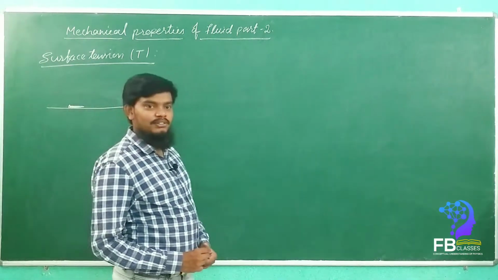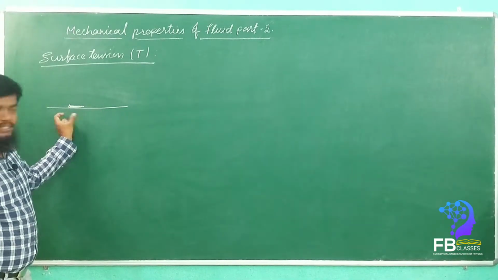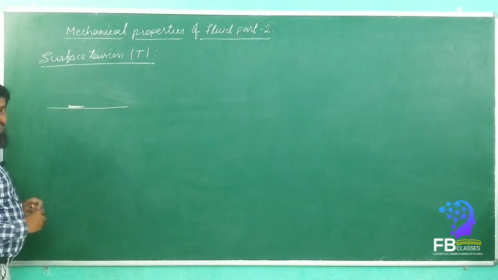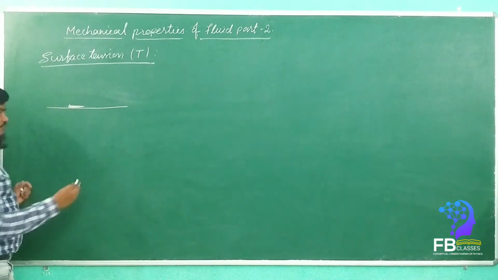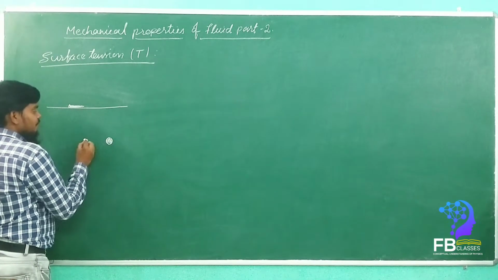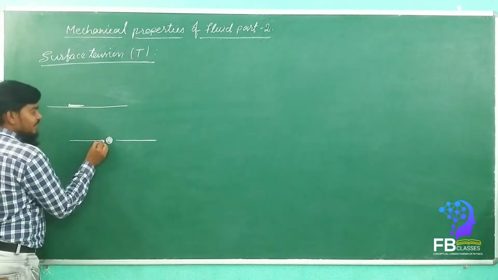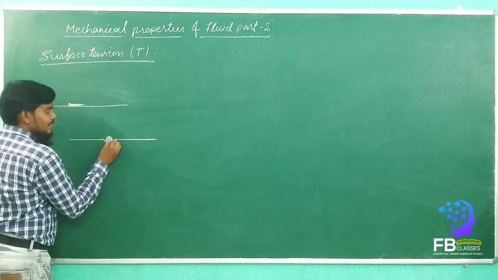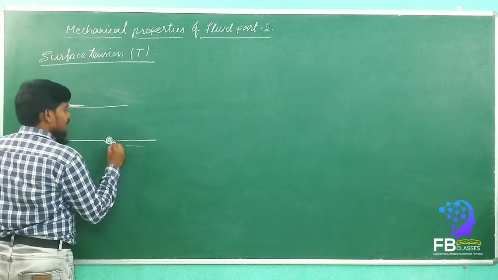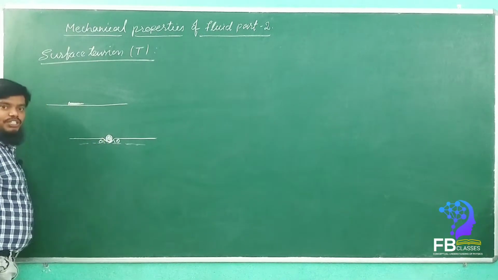You saw the experiment, right? So the floating of the needle. See here, the needle is floating here. So if you see the front view, then what will happen? It is the side view. If you see the front view, see here, the surface of the liquid will touch the needle like this. Yes or no? Now, for example, this angle is theta. This is an angle of theta.